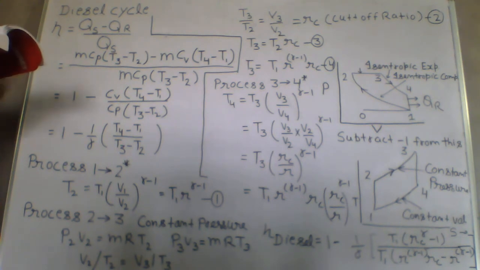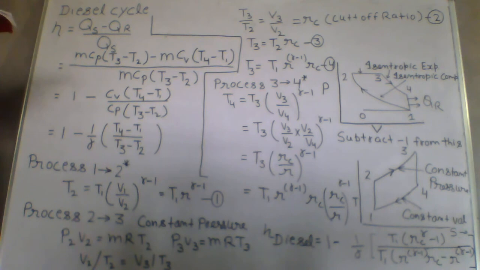This limitation of compression ratio can be overcome if air and fuel are compressed separately and brought together at the time of combustion. In such an arrangement, fuel can be injected into the cylinder which contains compressed air at a higher temperature than the self-ignition temperature of the fuel. Hence the fuel ignites on its own and requires no special device like an ignition system in a spark ignition engine. Such an engine works on heavy liquid fuels. These engines are called compression ignition engines.